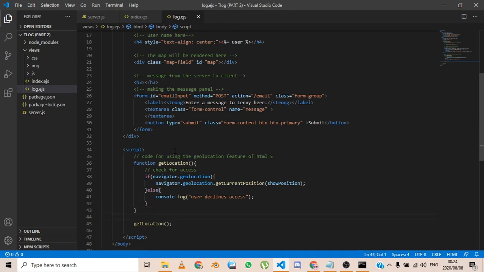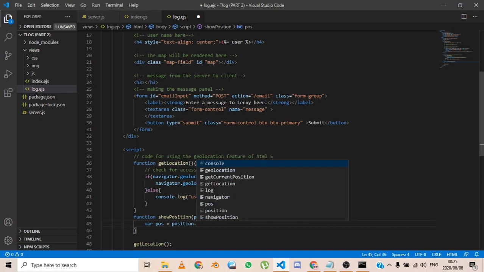And now we just have to define this function. This is a function, so we just have to define it. Function showPosition. We want the function to take in the position, and since the function is taking in the position, we want to grab that position. So the position of the user. By the way, when we say position, we mean the coordinates of where the user is. So we're going to have position.coords